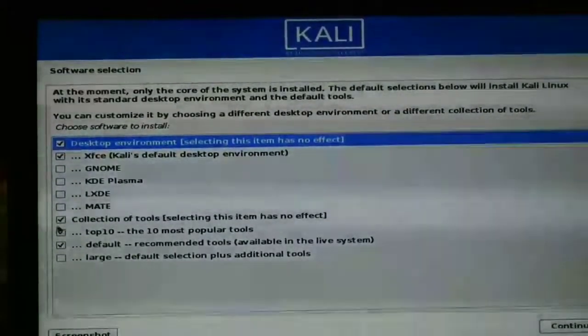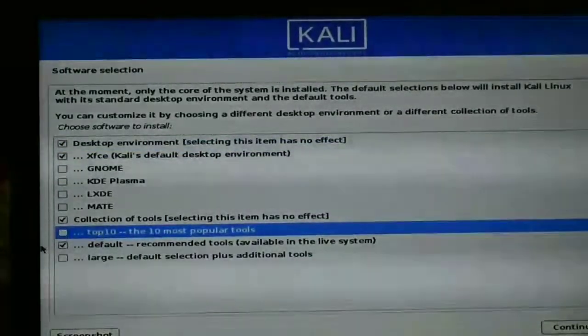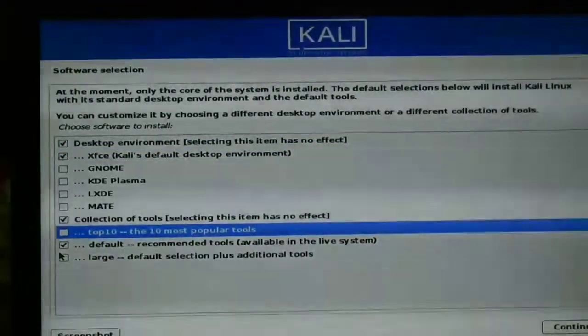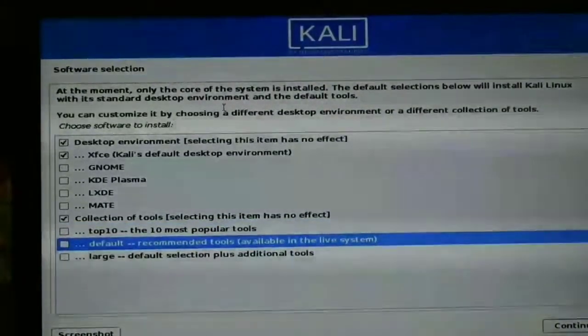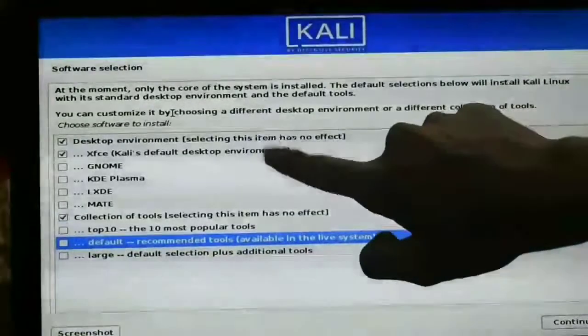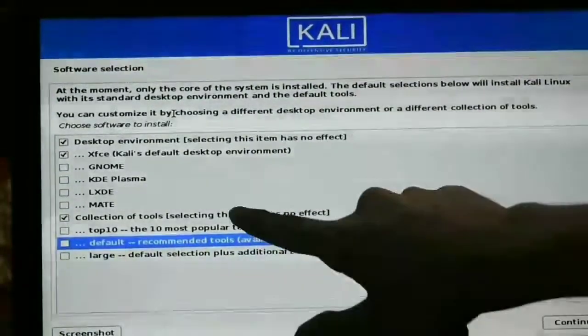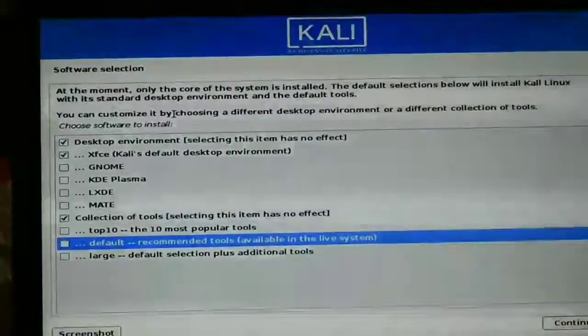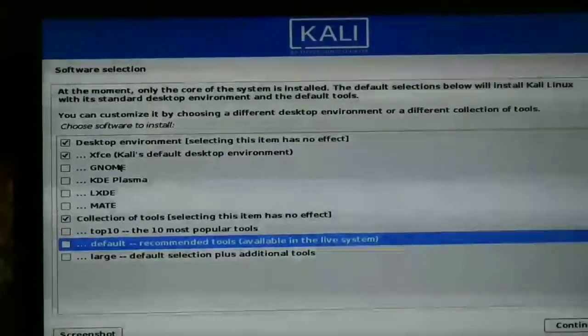I don't want to install any extra software, so I will remove all these extra software from my system. Okay, so I want to install these three. Now we will have to select a display manager for this, and I will use GDM3 as my display manager. You don't have to remove these two because these are system, and this makes no effect, so removing it or not removing it will not have any effect.